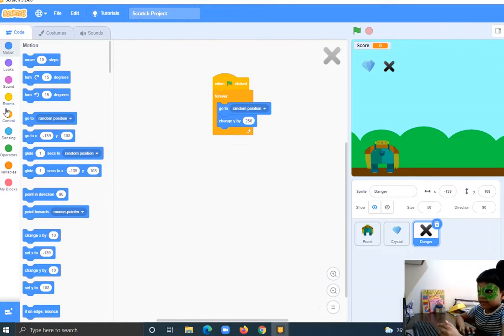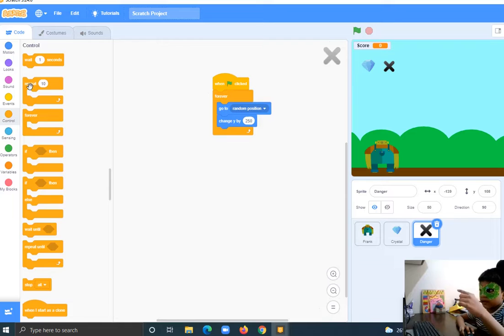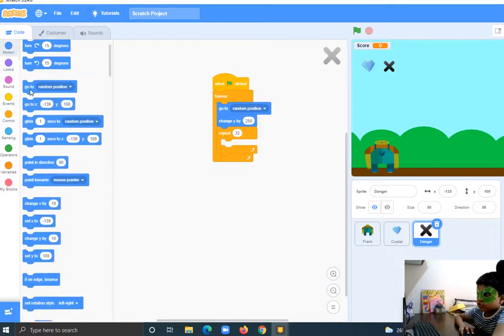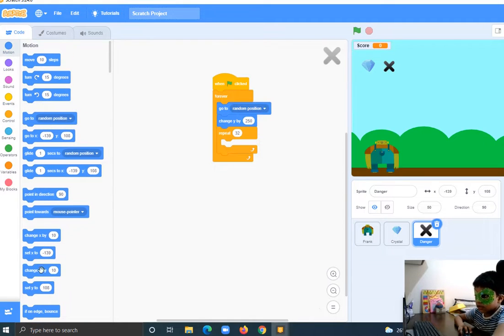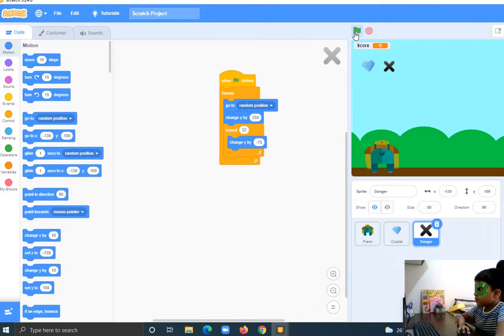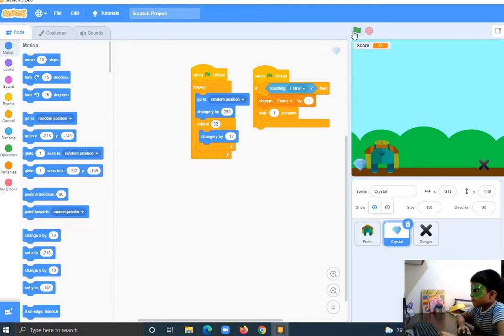Now again we have to put control. We can put the repeat 32 and motion, change Y by, we keep minus 15. Now when you play, both of them fall down at the same time. And if you try aiming the crystal,